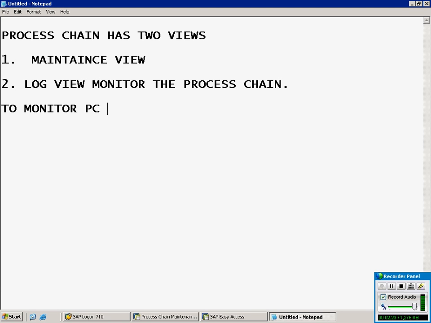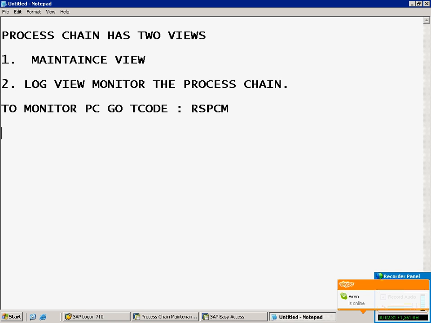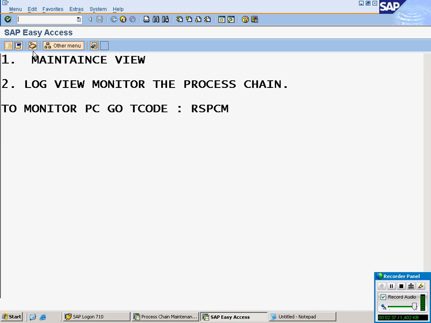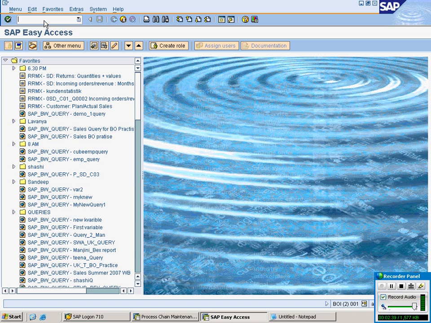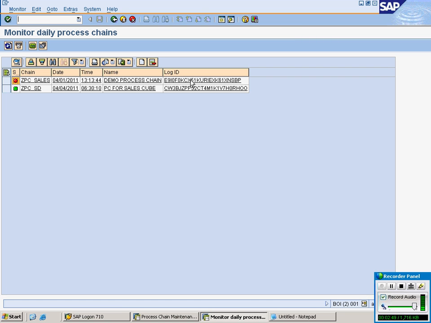you have to go with a T code. What is the T code you have to use? RSPCM. The T code you have to use is RSPCM. That RSPCM is your process chain monitoring. To monitor your process chains,